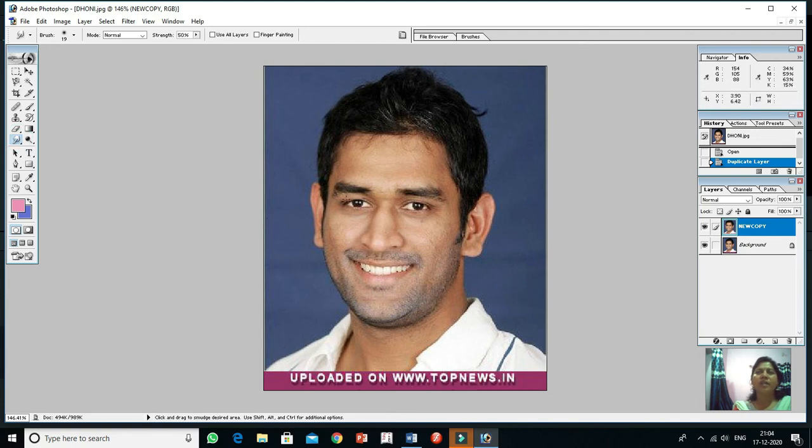Now erase the eyes. Okay, so I am erasing by dragging this one. If you want to change the pointer size, then right click here and change the pointer size also.